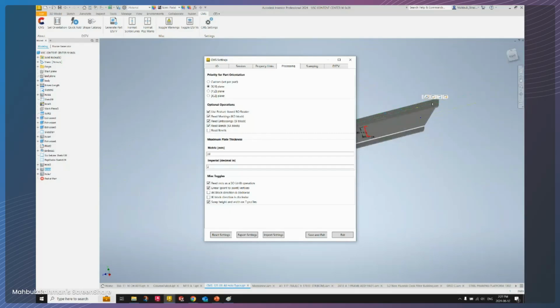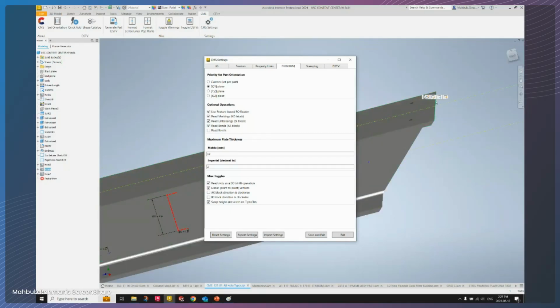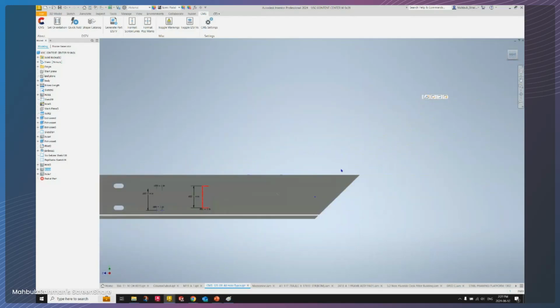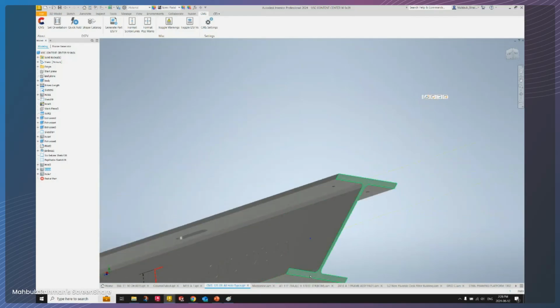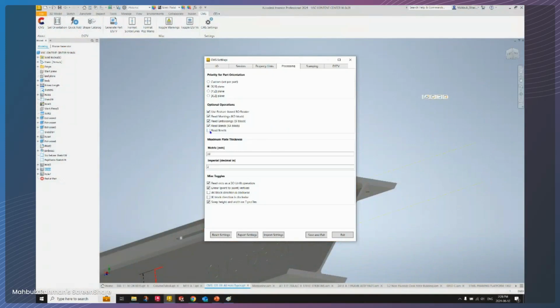If you see over here, you have a miter on this part. In some machines, even if you have the miter angles in the DSTV files, as you know, the DSTV has the miter details, some of the machines will grab the details from the NC file and do the operations, including the bevels, because for that miter on the web, you have bevels on the top and bottom flanges. So if you want to bring those onto your DSTV, because some of the machines additionally want that, and not only this,